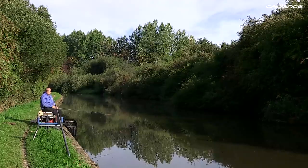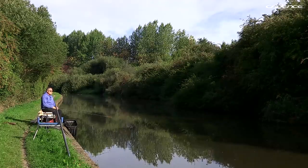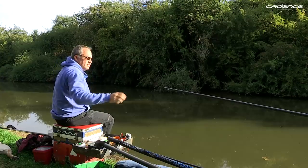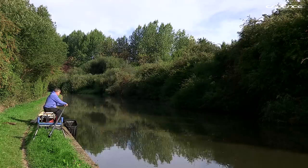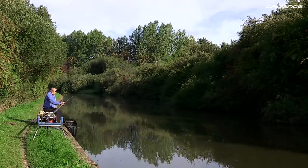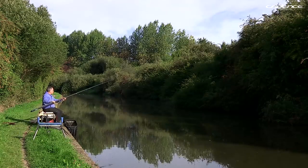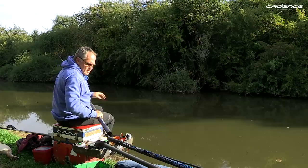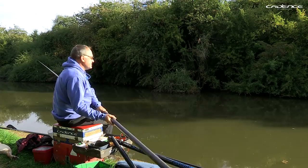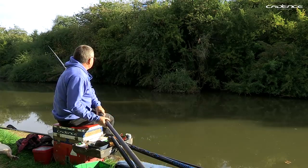Well, Tunnel Barn control a good stretch of this canal from the Tunnel, which is right next to where the lakes are, up past the second bridge, which is where we're fishing today. I'm not sure exactly how many pegs they've got, but there must be 30 or 40 pegs. And I sort of spent some time selecting this peg today. You can see it's a